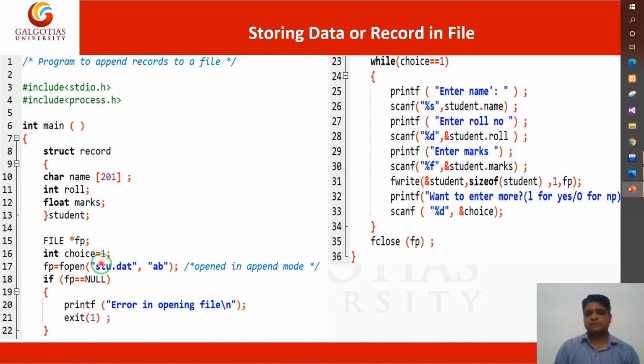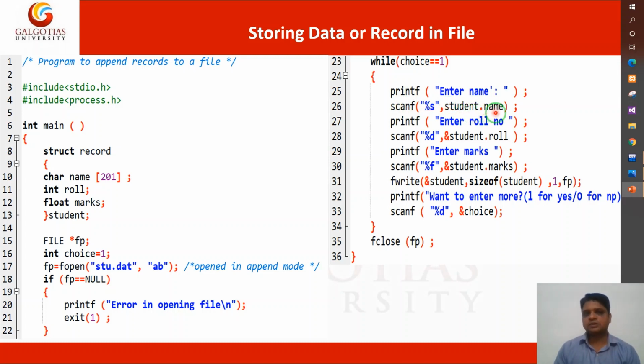But for the next time, this program will ask what do you want to enter, 1 for yes and 0 for no. So for this purpose, we have a variable choice in which, by default, I have entered the true value. So 1 equal to 1 is a true value.